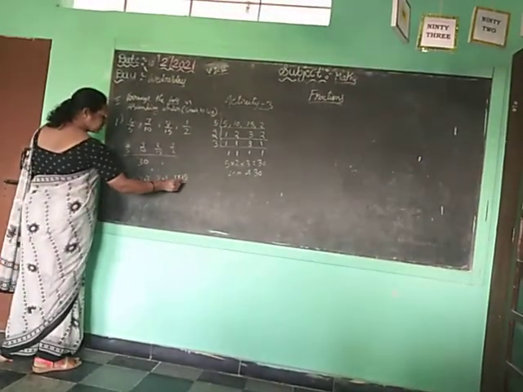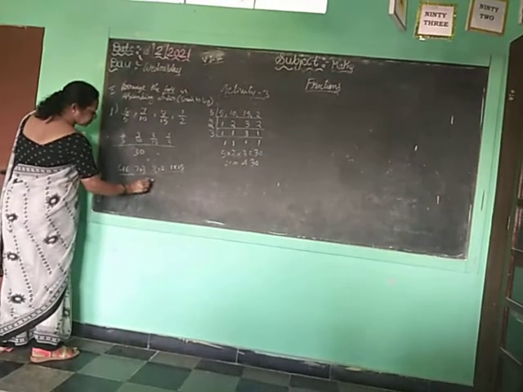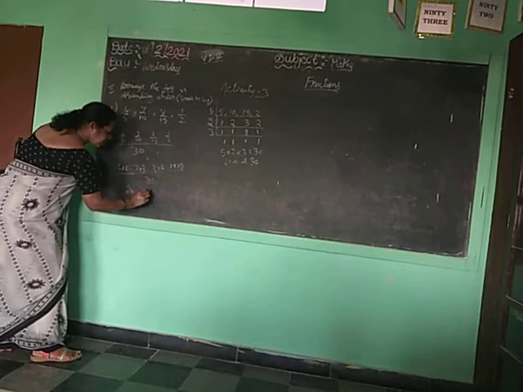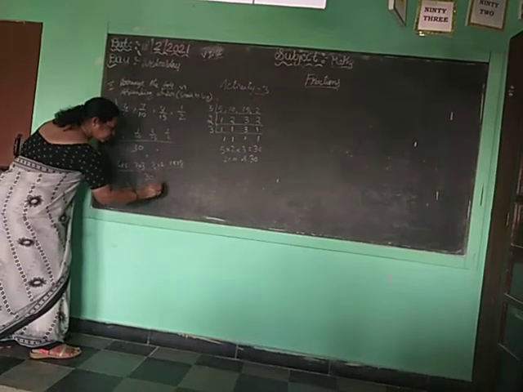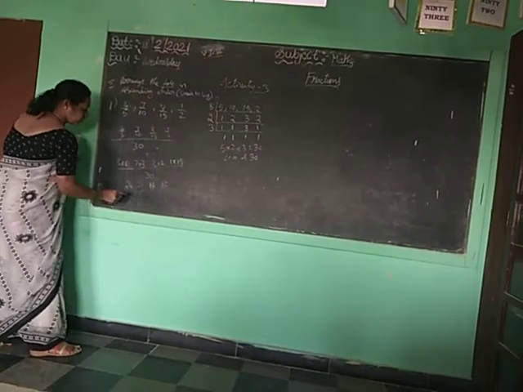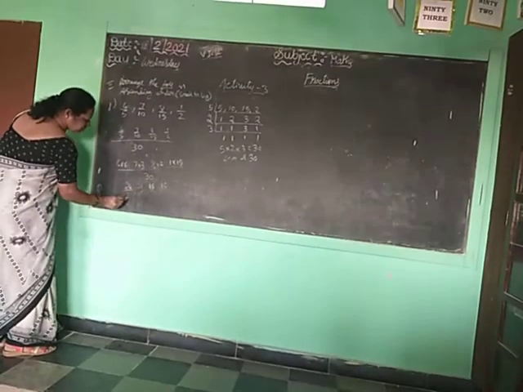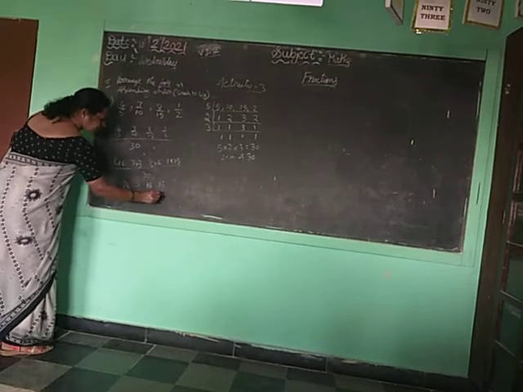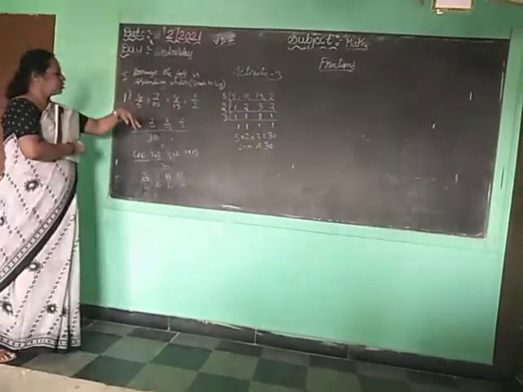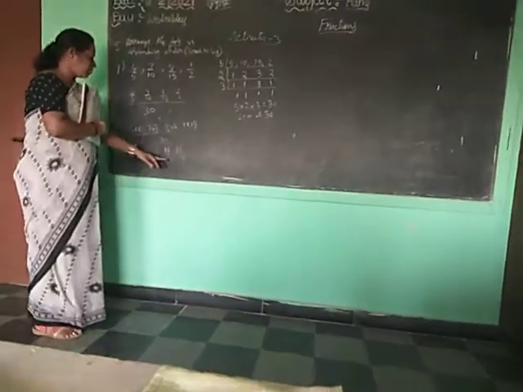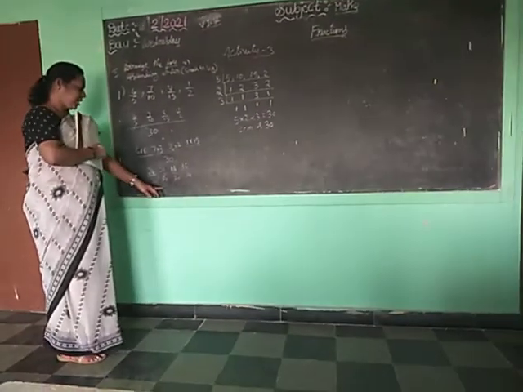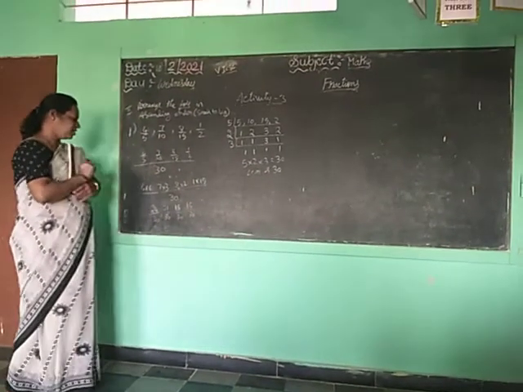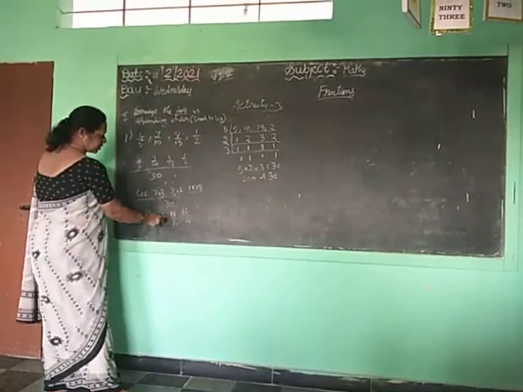So the LCM is what, children? 30. So 4 sixes are 24, 7 threes are 21, 8 twos are 16, 1 15s are 15. So you know the LCM is 30 for each fraction, you can put 30 now. So ascending order means what? I make a common denominator for all the fractions, I made it a common 30. Okay, denominator. So now you have to see the numerator. Which one is smallest first? It is 15.